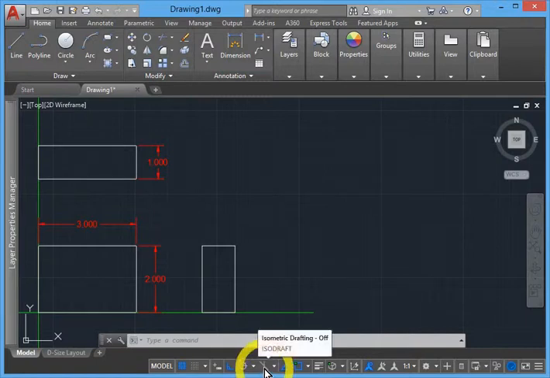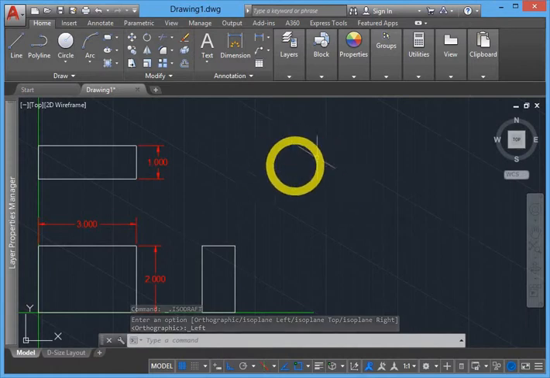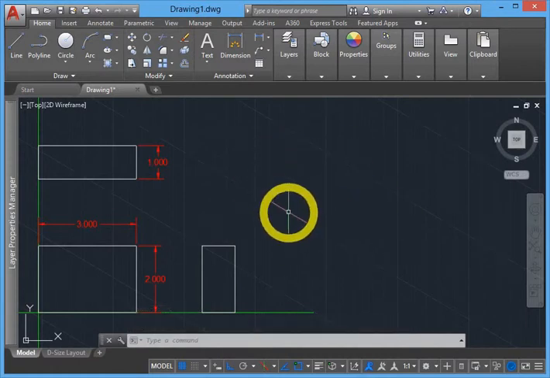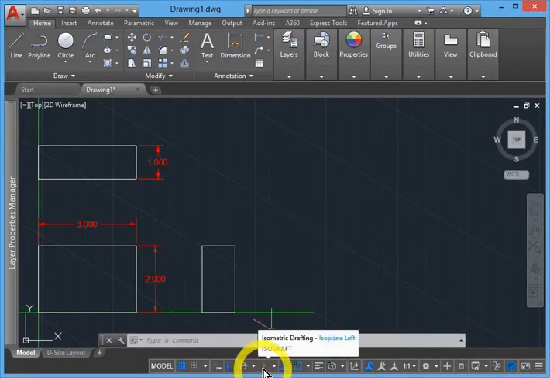Now, when I enable ISODRAFT mode, you're going to see the grid in the background change. So here I go, click. And now you notice that the grid in the background is oriented at the appropriate angles for an isometric drawing front view. And if I come back down here, I'm at the bottom of the screen on the option buttons,